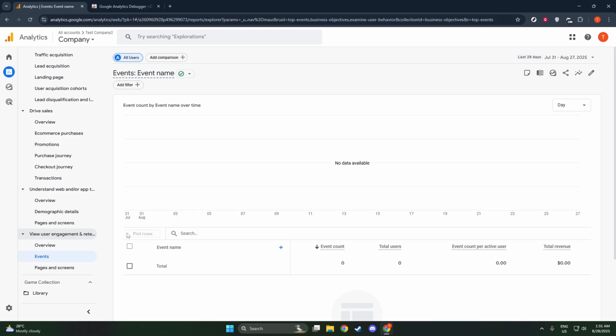So, as you can see, Google Analytics is more than just a tool for counting clicks. It's a powerful ally in understanding the full user journey, from the moment someone first encounters your brand to their continued interaction and engagement. By following these steps and exploring these report categories, you'll be equipped with the knowledge to make informed decisions that can significantly impact the success of your